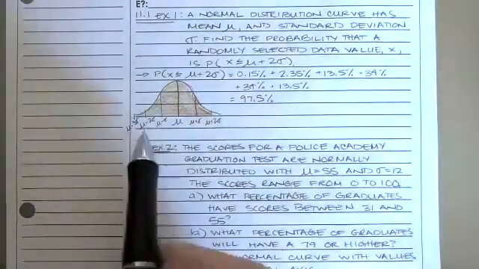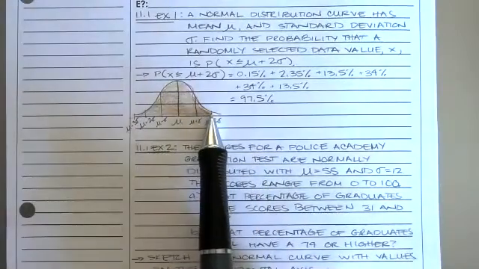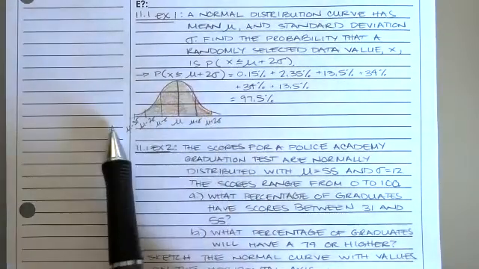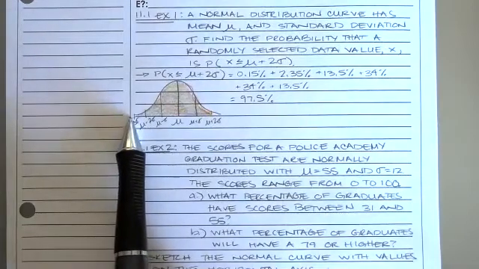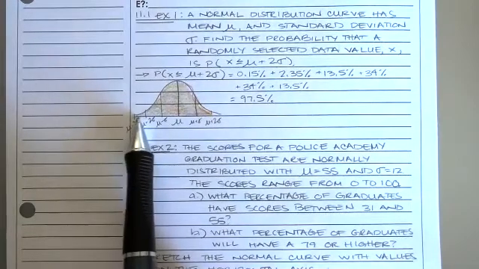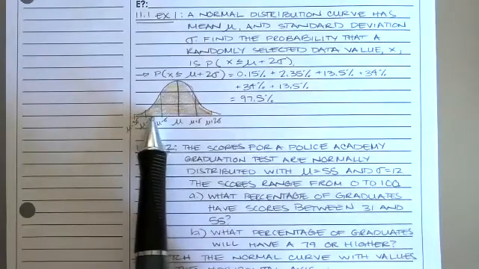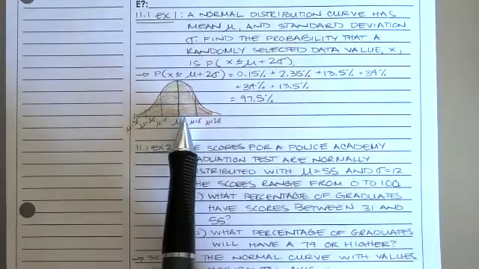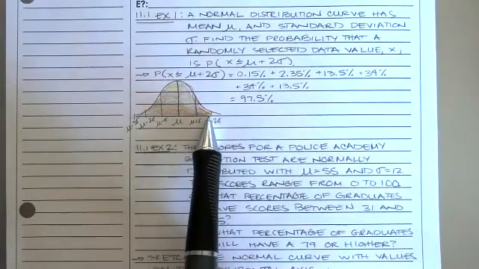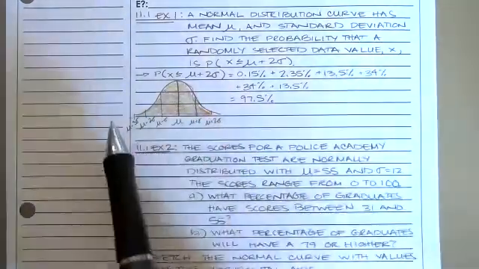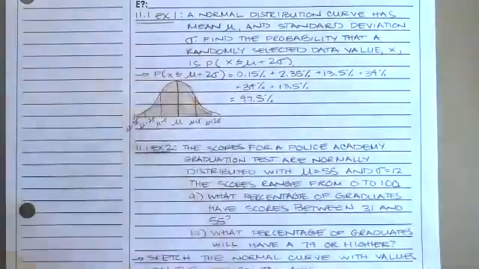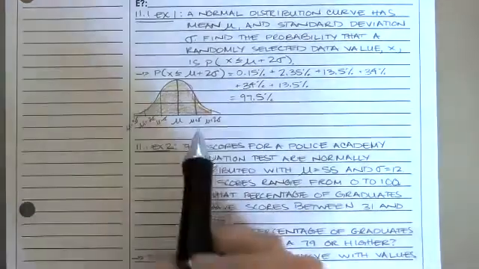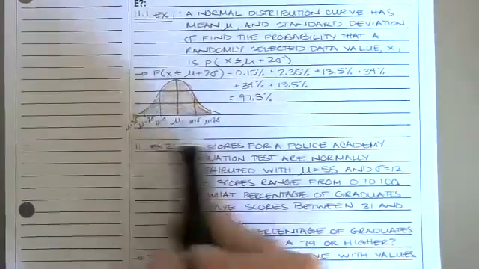But anyways, I'm looking for the area under the curve up to here, so all of the area that I've shaded. This is 0.15 for this tiny tail over here. This is 2.35. This is the 13.5, 34%. We've got another 34% and a 13.5. So I added up all of those areas and I got 97.5%. So it's pretty likely that if I randomly choose a data value from my set that's normally distributed and I want something that's in this area of the curve, I've got a